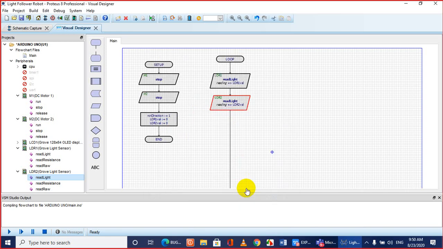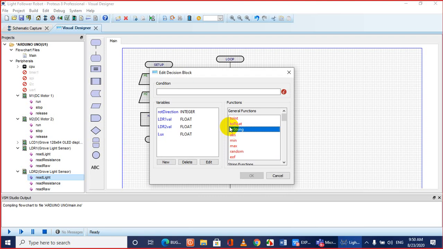Then we make a comparison. To do the comparison, you drag and drop the compare block, this one, double click. So this is the condition: we check LDR1 value greater than or equal to LDR2 value.